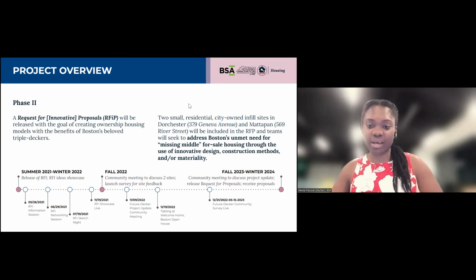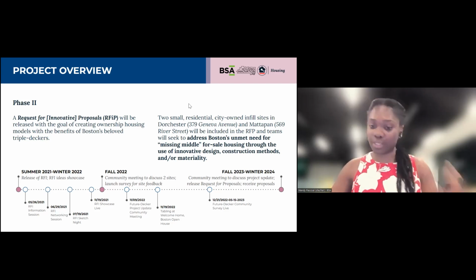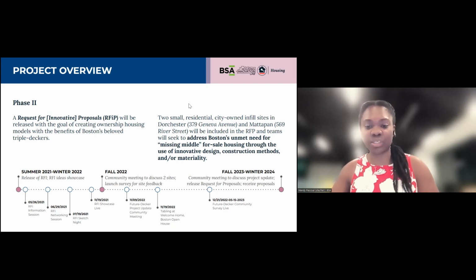So the first is 379 Geneva Avenue in Dorchester, and the second being 569 River Street in Mattapan. And RFP intended development teams will really seek to address Boston's unmet need for missing middle, both in the typology sense and affordability, for-sale housing through the use of innovative design, innovative construction methods, and/or materiality.